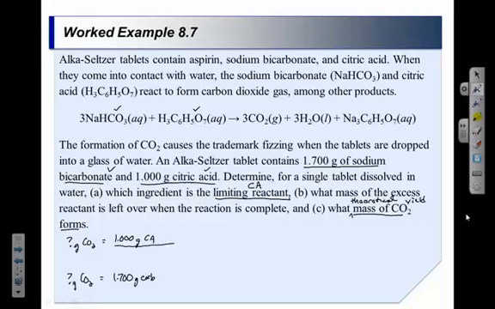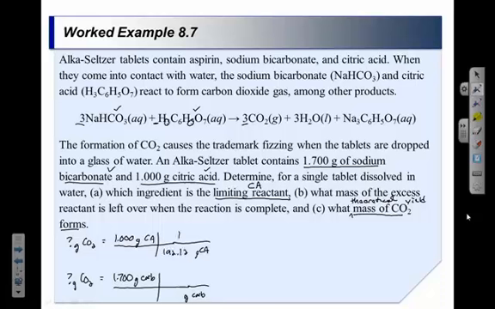So I would set both of these up to start by converting to moles, because I always have to cancel grams of a substance to get to moles, so that I can use the coefficients in the balanced reaction as a relationship to convert from one substance in the reaction to another substance in the reaction. So for the citric acid, I've got a total of 8 hydrogens there, 6 carbons and 7 oxygens. So that gives me 192.12